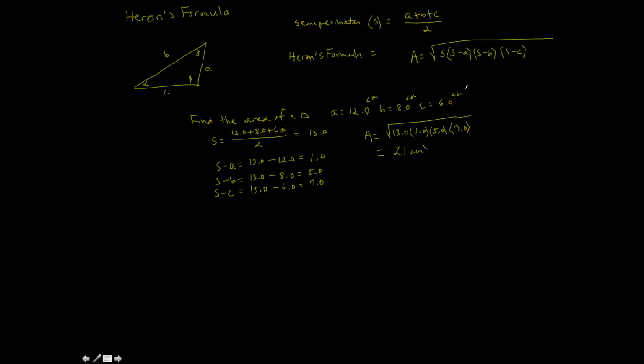But what if you don't have SAS, and what if you don't have three sides? How do you solve for the area of a triangle? Well, basically it goes to this. What you have to do is you have to use your rules of law of sines, law of cosines, to find the parts of the triangle that you need to be able to fit into one of these area formulas. For instance,